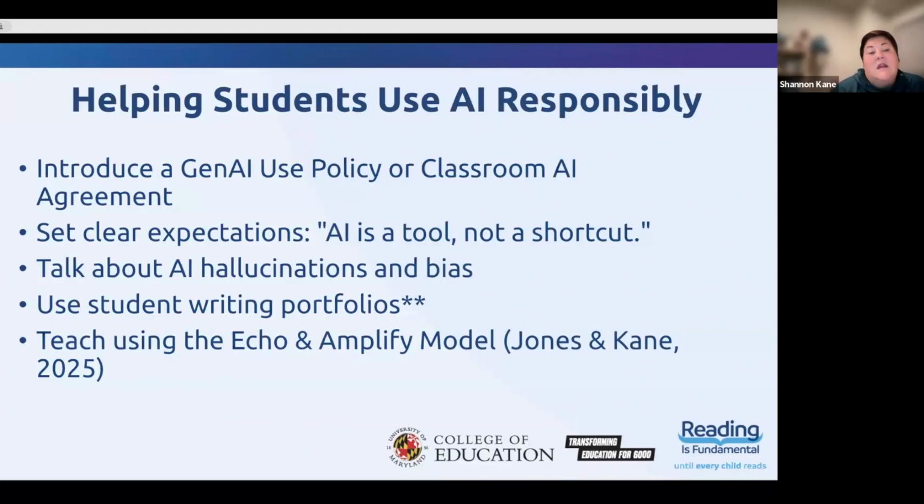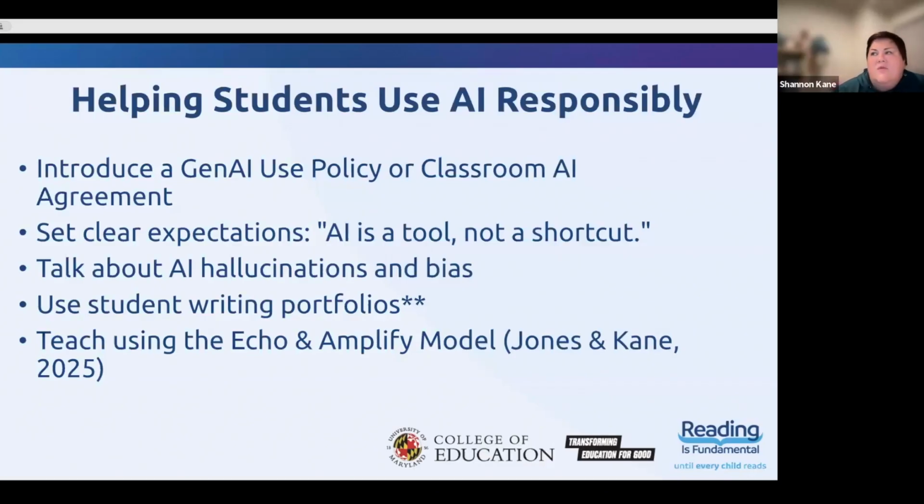Like how, and obviously with younger students, but I would also say with older students, secondary, letting parents know your policy and the why behind it as well, right? These clear expectations that it's a tool, not a shortcut. And I think having, again, developmentally appropriate conversations with your students and talking about it as a tool, I think when we model it and talk about it and no longer make something taboo, I think some of that shock value of, oh, AI, sort of goes away.